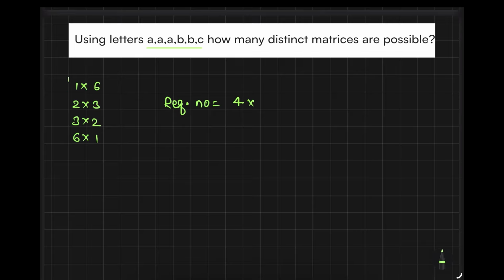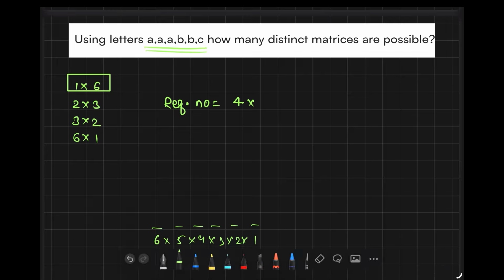Now suppose that you consider any one of the cases. So 1, 2, 3, 4, 5, 6. For this place we have 6. Now for this place we have 5 because we have to use only these elements. And then 4, 3, 2, 1. And you know that here elements are being repeated. So whenever the elements are repeated, look at this. Here there are 6 elements. So what we will do? We will be writing